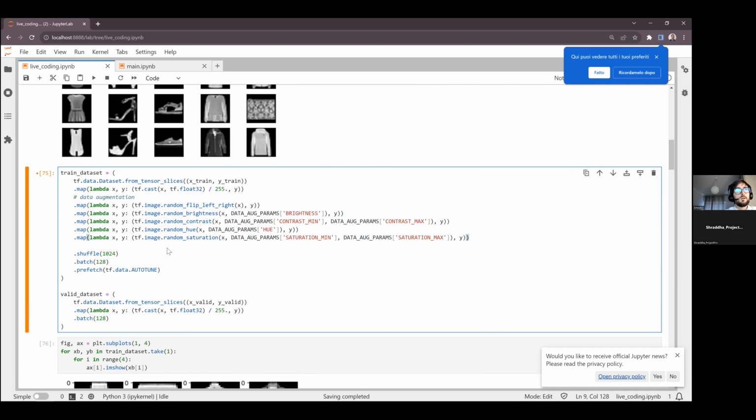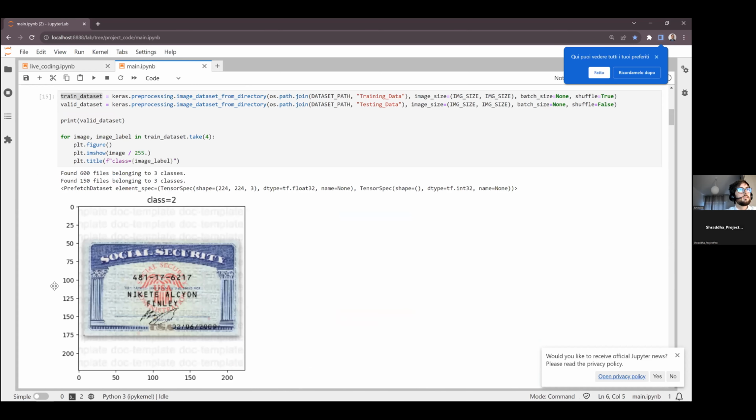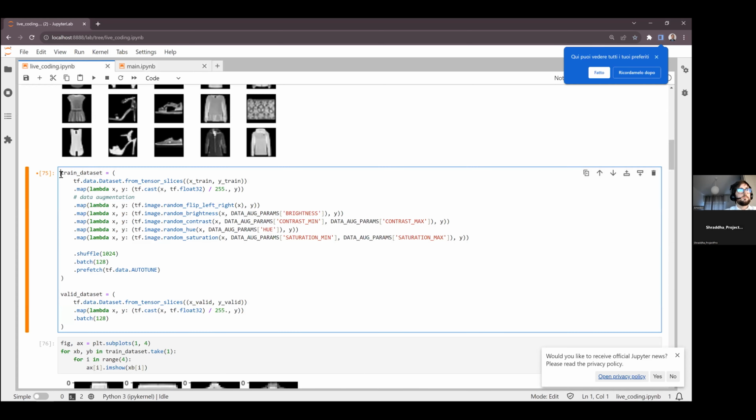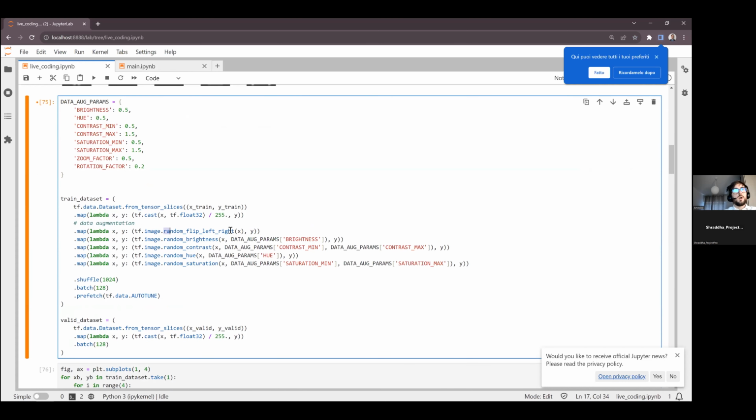Here we need to also take the parameters that I define, the data augmentation parameters. We are flipping the image left and right like that. We could also flip it upside down, but it's not always a natural transformation for our data.